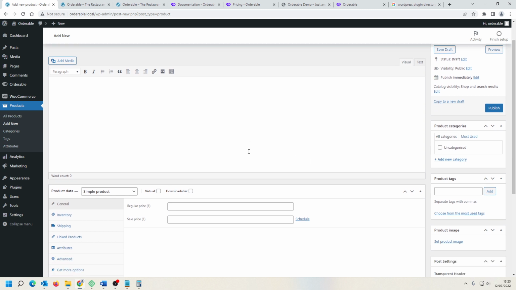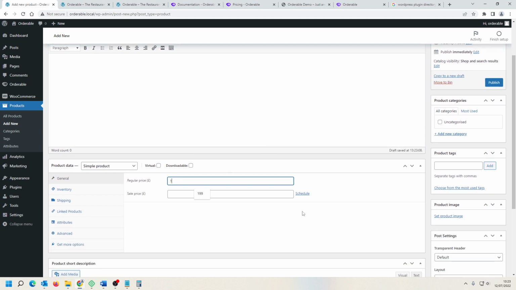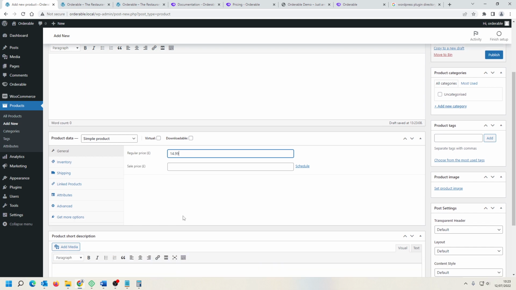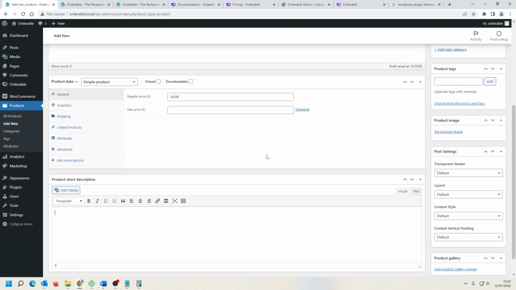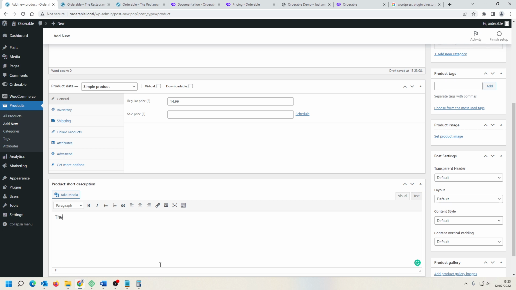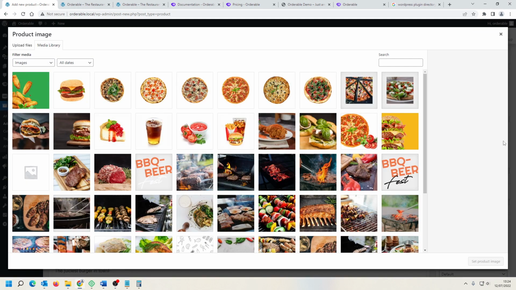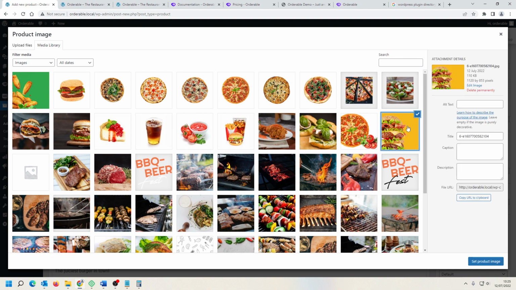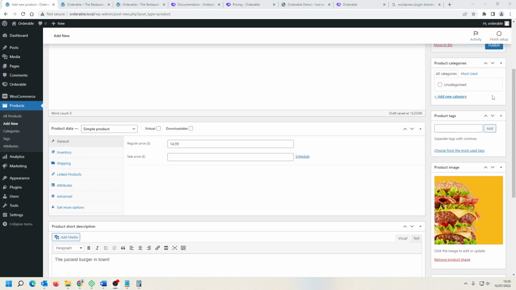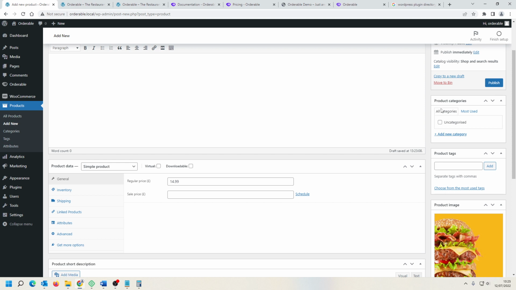Juicy burger, price $14.99. Short description, this will appear on the menu, so we'll say then we'll add an image for our juicy burger. So we want these in categories, and if you see the product category here, we only have the uncategorized one. I haven't added them in at the moment, so